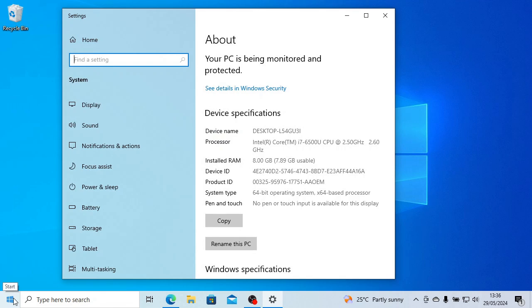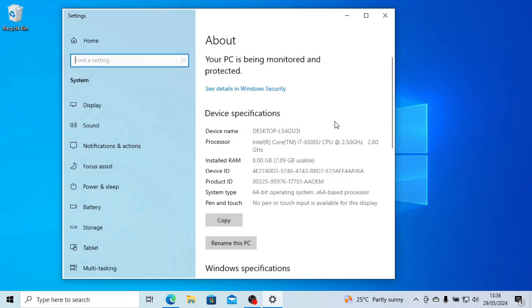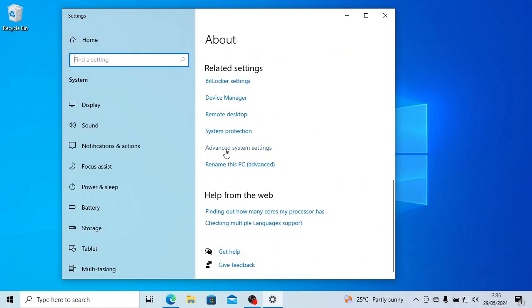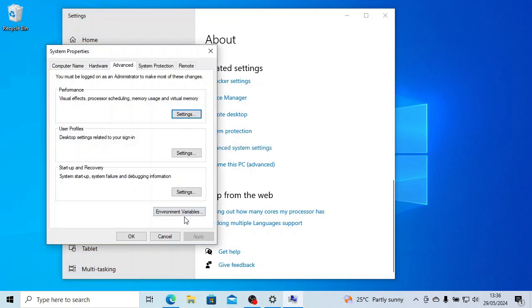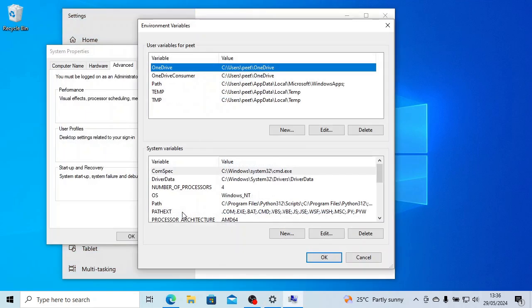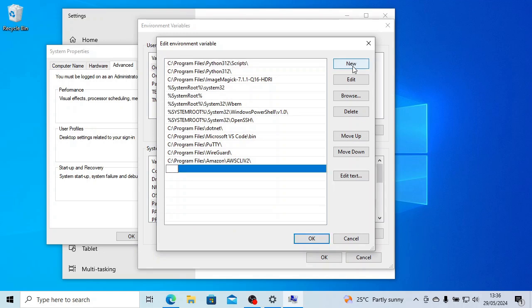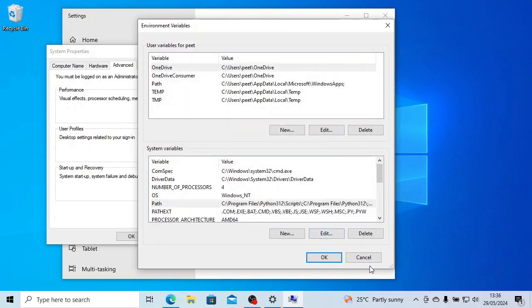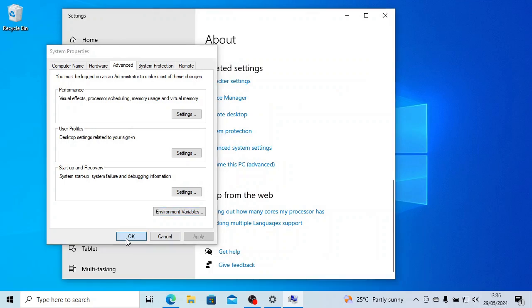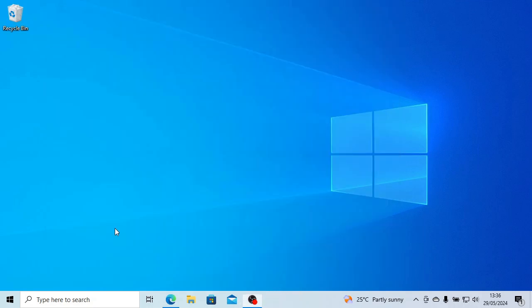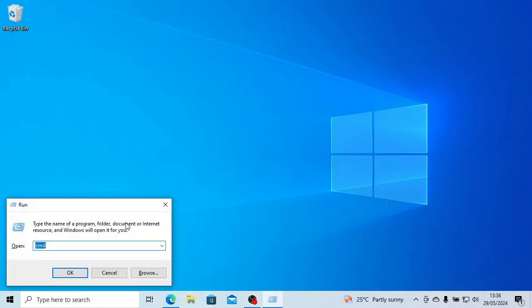I'm going to right click, system, scroll down, advanced system settings, environment variables, and on the bottom box where it says system variables, I'm going to double click path, say new, C:\tools, enter, done, okay, okay, okay. Now run a new command box,